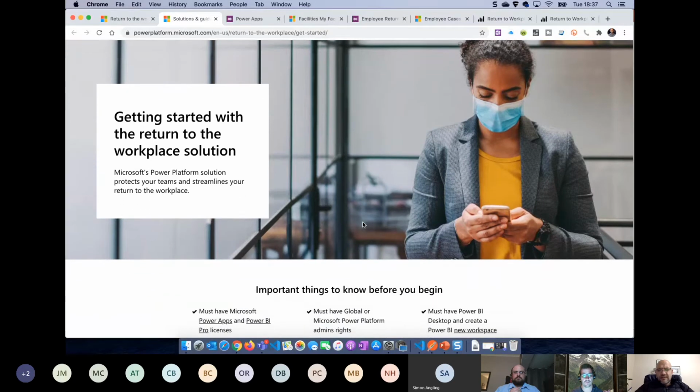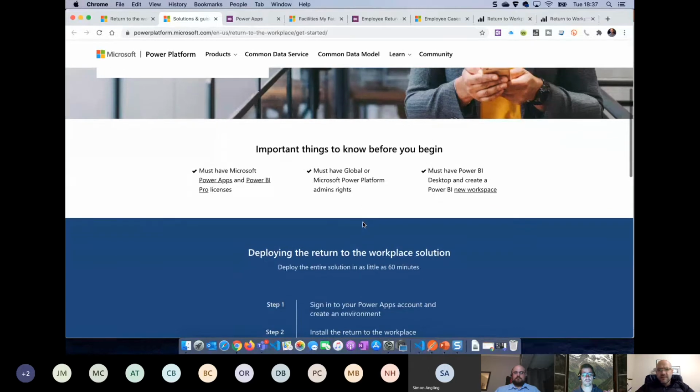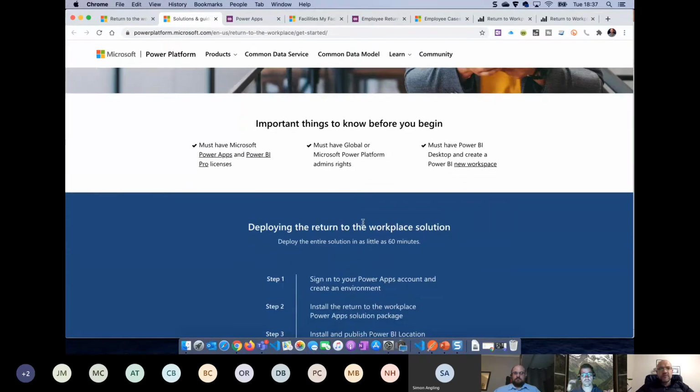Yeah, and I've got a feeling the licensing is going to become less and less of an issue going forward, because a lot of the companies that we're talking to, it's in their budgetary plans to at some stage get Power Apps standalone licenses. And I think at that stage, these discussions are just going to become a lot easier, where you have a solution, you don't have to worry about what they have and what they don't have. We can go and implement solutions like this one, for example.